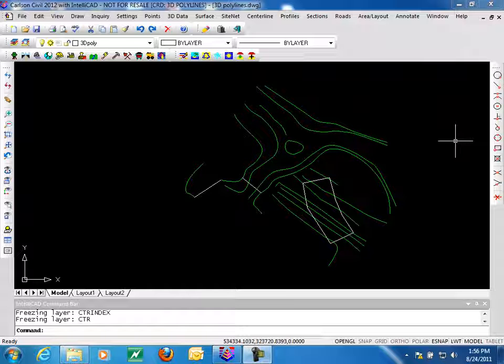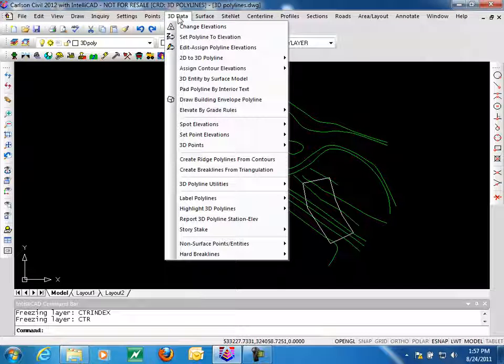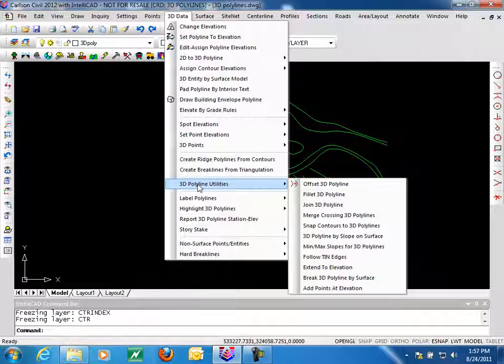In this session, we're going to be reviewing the 3D Polyline utilities that are specifically included with Carlson Civil. We're running Carlson 2012 with the IntelliCAD CAD engine and have the Civil module loaded. The 3D Polyline utilities are found on the 3D data menu, about 2/3 of the way down where it says